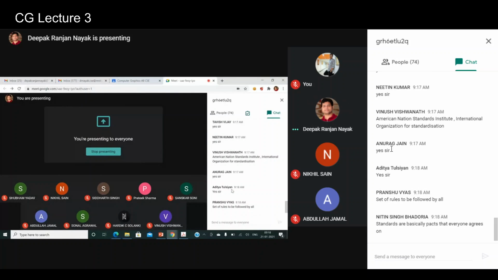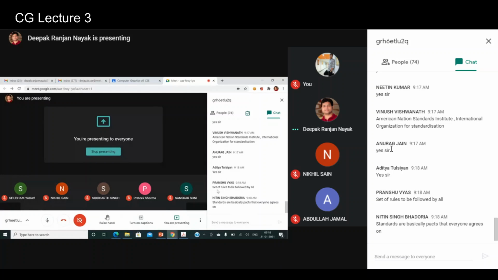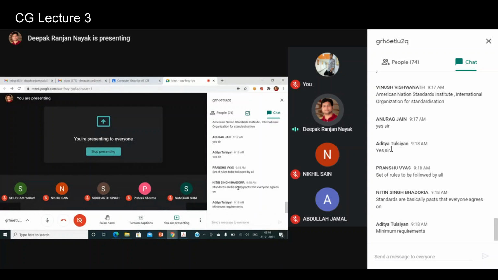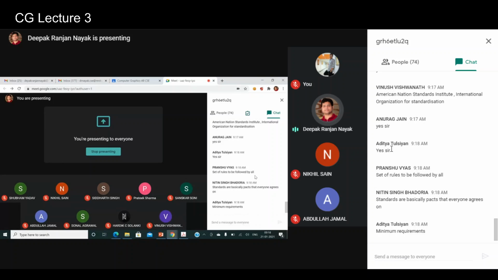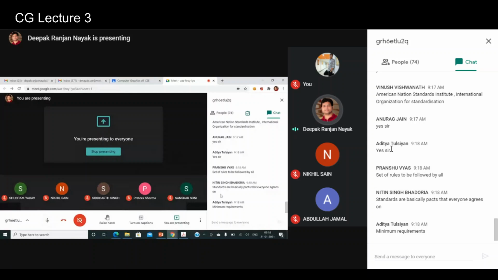So ultimately, I found some answers given by Pransu and Nitin. Pransu has written a set of rules to be followed by all. So that means a standard is required. And Nitin has written that standards are basically facts that everyone agrees on.